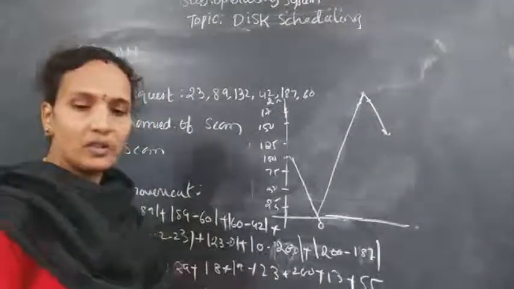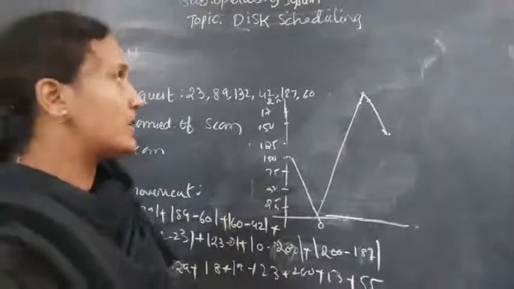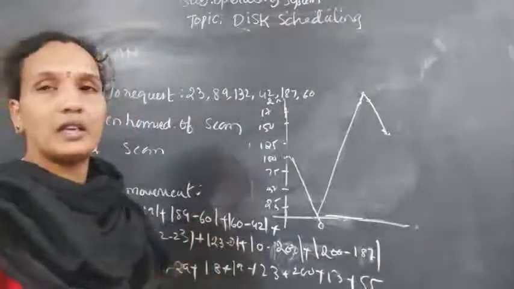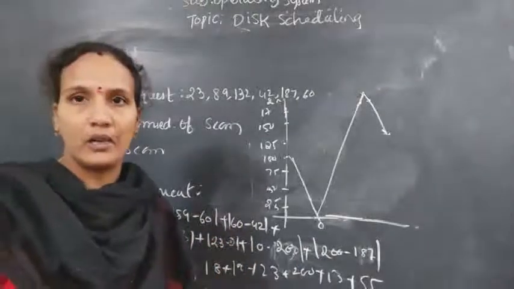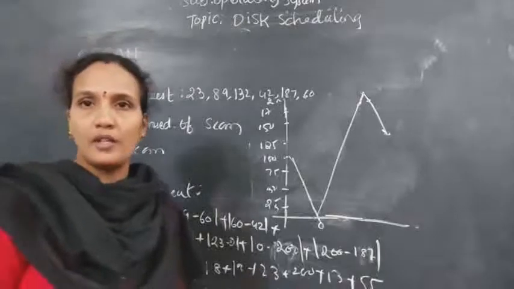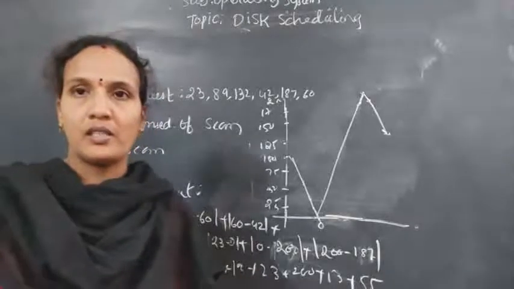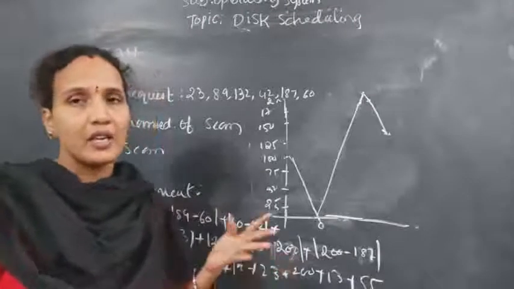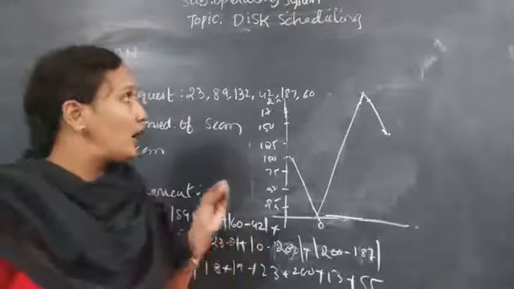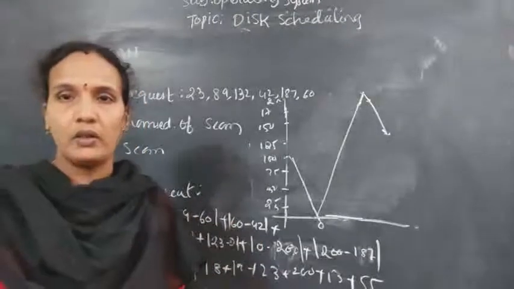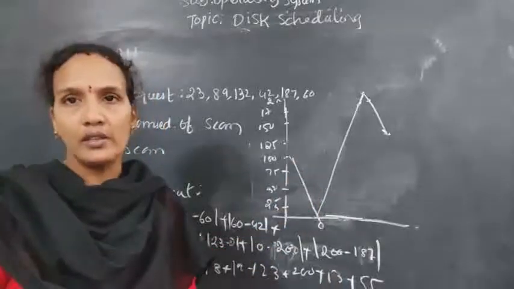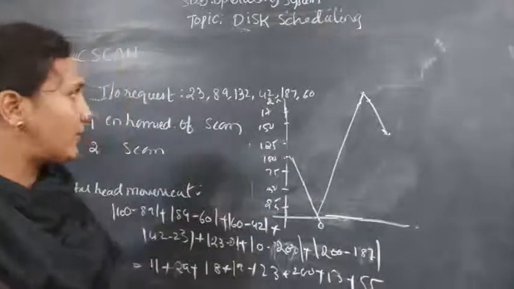Now one more disk scheduling algorithm is there, that is look scheduling. That will be the last disk scheduling algorithm. Total how many algorithms do you have in your syllabus? First in first out, shortest seek time, scan, C-scan and look. We have 5 disk scheduling algorithms, and out of those 5, we have already completed 4. The last one is the look disk scheduling algorithm. Now we'll discuss that.